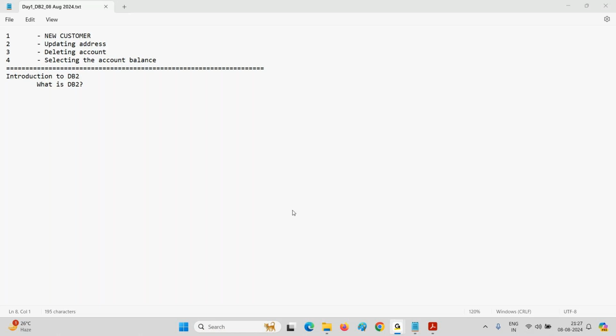Why do we need to use DB2? What could be the reason? I'll tell you one simple point. Files automatically come with the operating system. When it comes to DB2, it is not free of cost, guys. For us, as we are in training, I don't know whether you are aware or not,